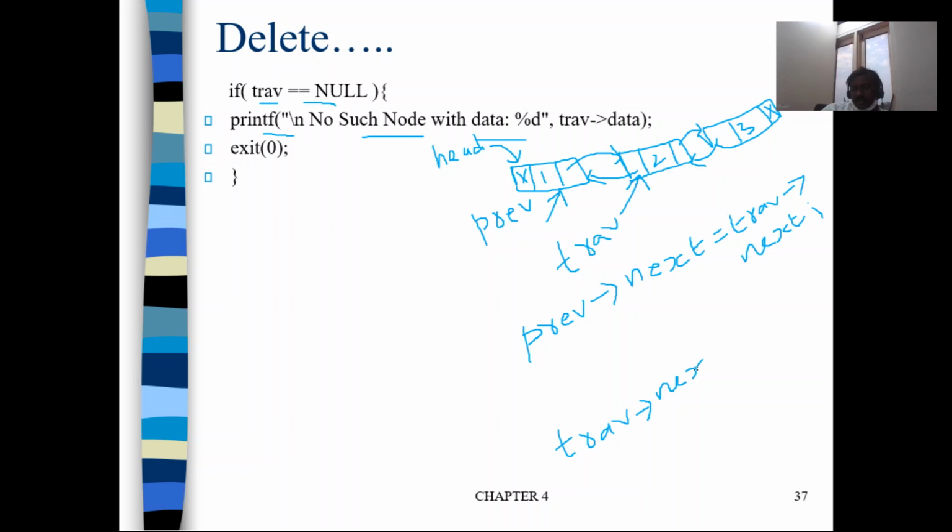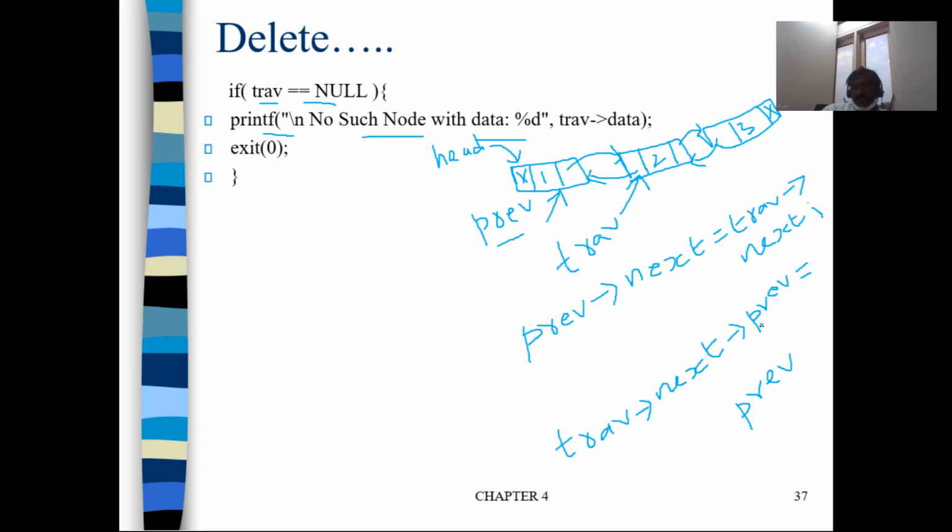Traverse arrow next is nothing but node 3, but that node's previous should point to this particular previous node. There are two previous we are using, so you need not get confused. Otherwise for this previous we can give some other name, that's not an issue. This is a part of the node, a member inside the structure.